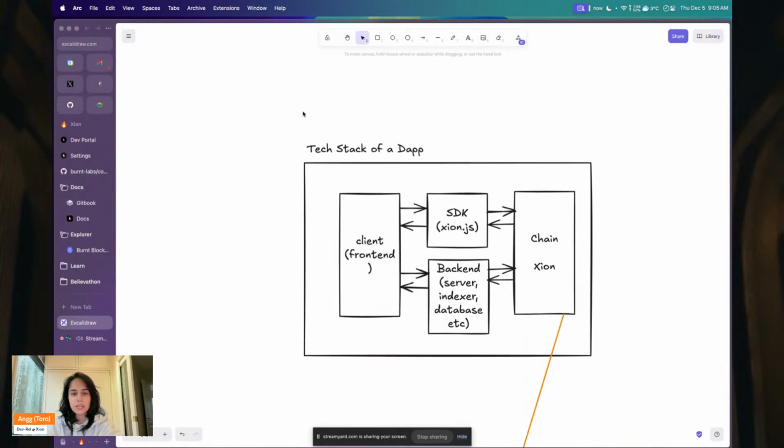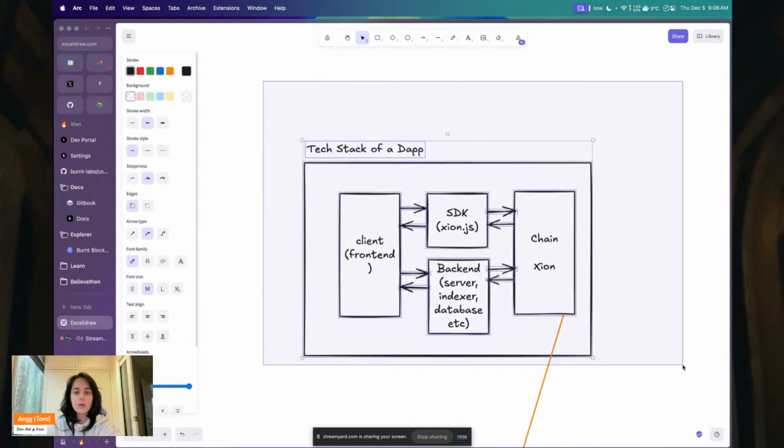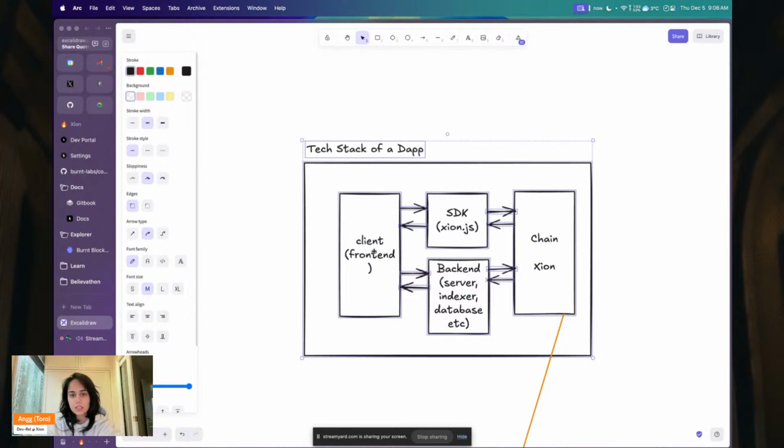Next, we went over the tech stack of a dApp, or anatomy of a dApp. And these are the components that your dApp is usually going to have, more or less. Depending on how complex the dApp is, you could have multiples of these. Maybe you're interfacing with multiple chains. Maybe you have multiple SDKs interfacing with multiple chains. Maybe there are different kinds of backends. Maybe there are microservices. And in client, maybe you have different clients or different front ends. So depending on how complex the dApp is, this anatomy could grow,